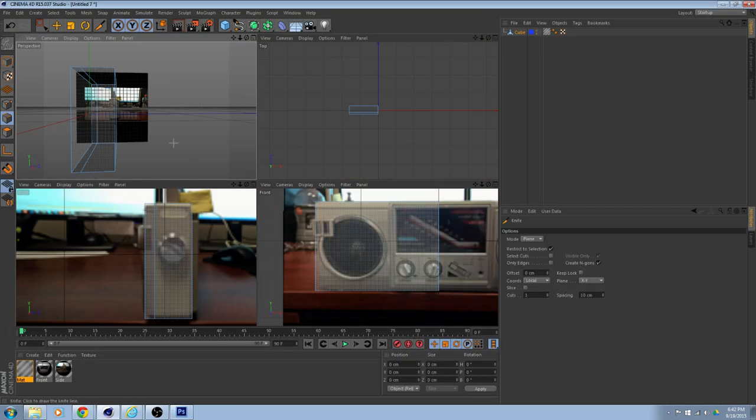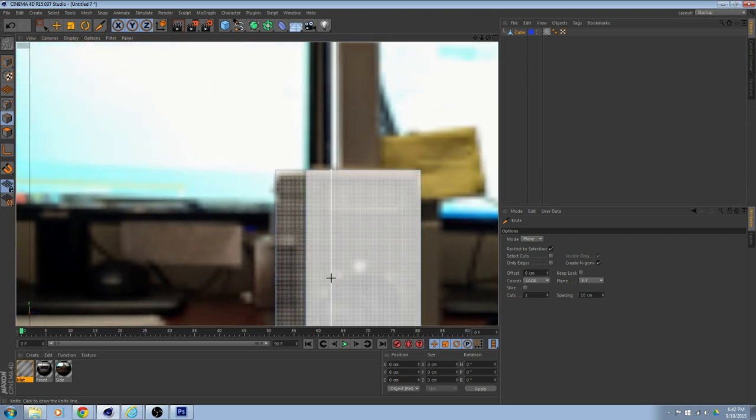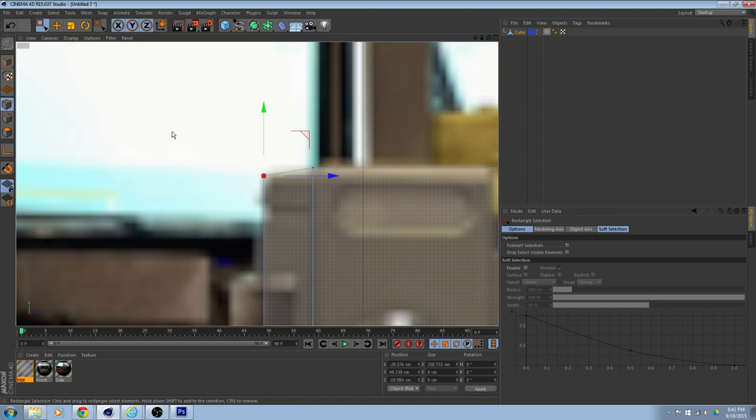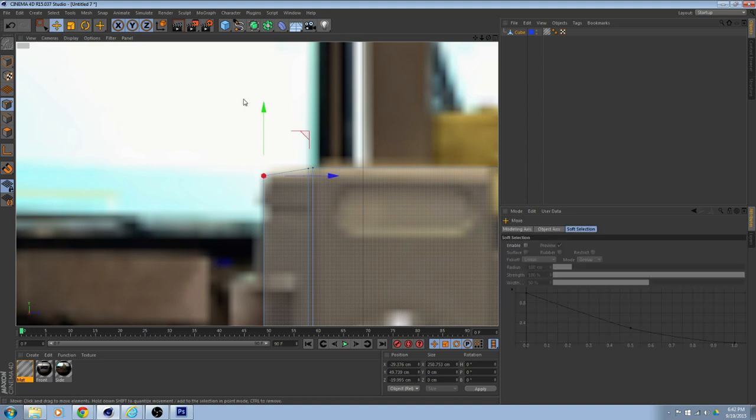Okay. So we're going to go ahead and get my selection tool, get my polygons right here, bring it down right there. That's perfectly fine. Now I'm going to do another plane cut, and I'm going to cut that right there. Now what I'm going to do is select all of these edges,